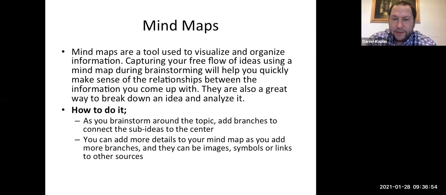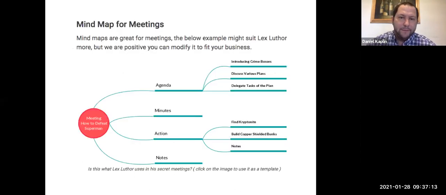So how do you do it? As you brainstorm around a topic, you should have the main topic here and then start adding branches around it. And then you could add more details to the map as you need more branches. And they could be images, symbols, links, or whatever it might be. But here's an example of what a mind map looks like. So let's say you were